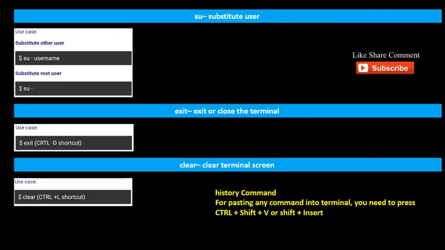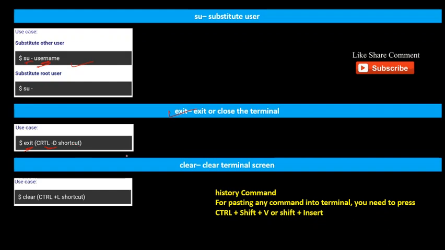And su is substitute user; if you want to log in with another username, you can use su hyphen username, then you need to enter the password. And if you want to exit or close the terminal, you can use the exit command, or press control d.